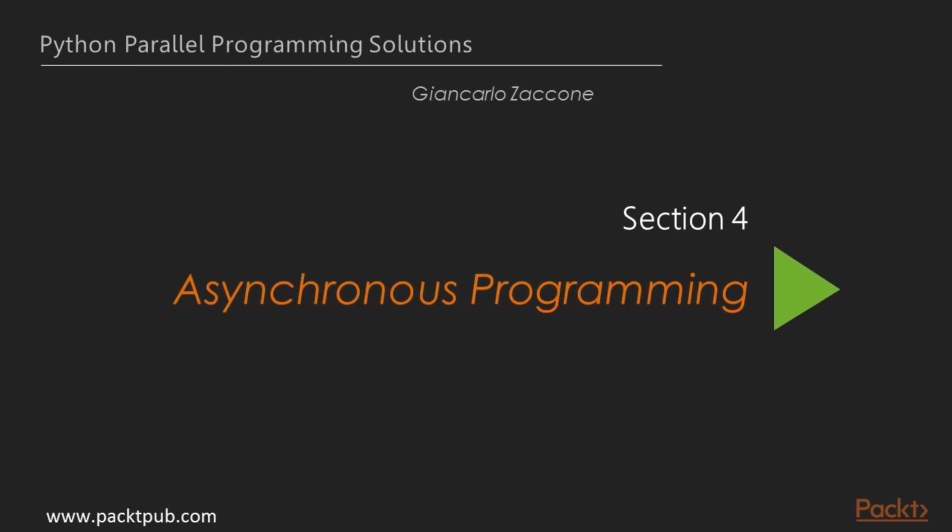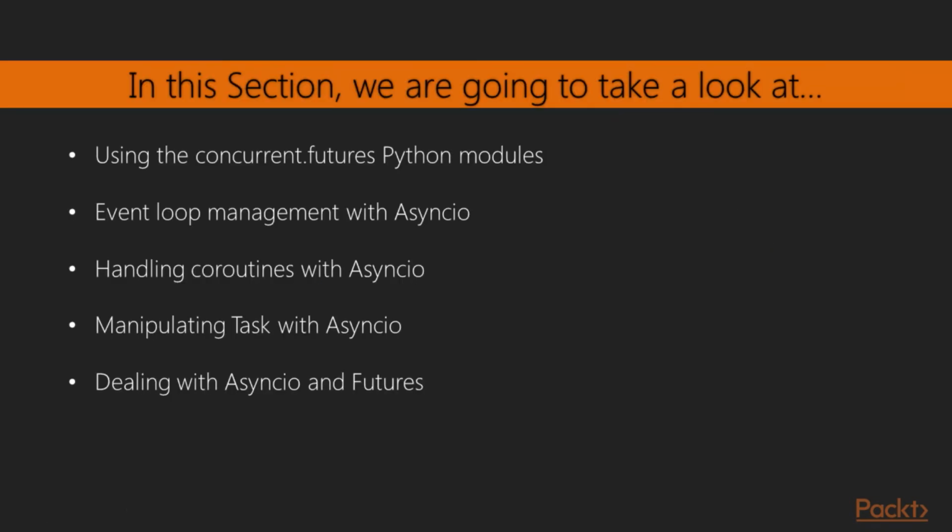In the previous section, we saw the process-based parallelism. Welcome to the 4th section, asynchronous programming. With the sequential and parallel execution model, there's a third model called the asynchronous model that is of fundamental importance to us along with the concept of event programming. In this section, we'll take a look at asynchronous programming through the medium of videos which we'll cover: